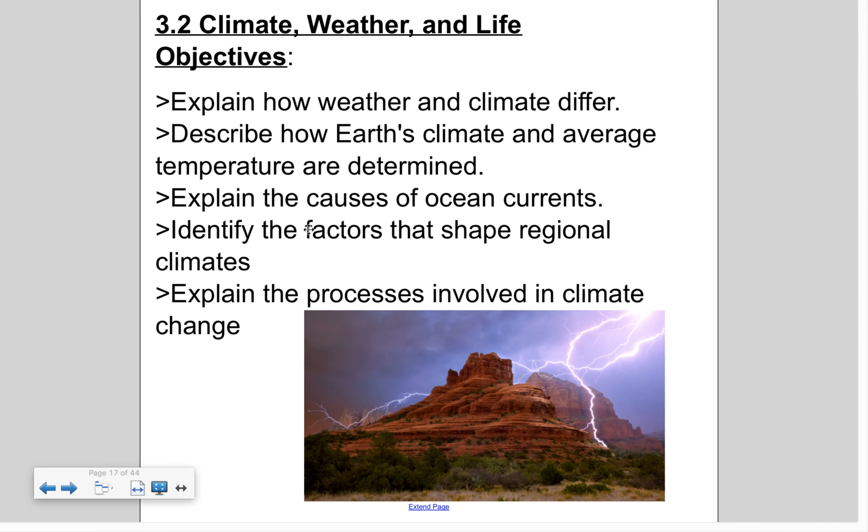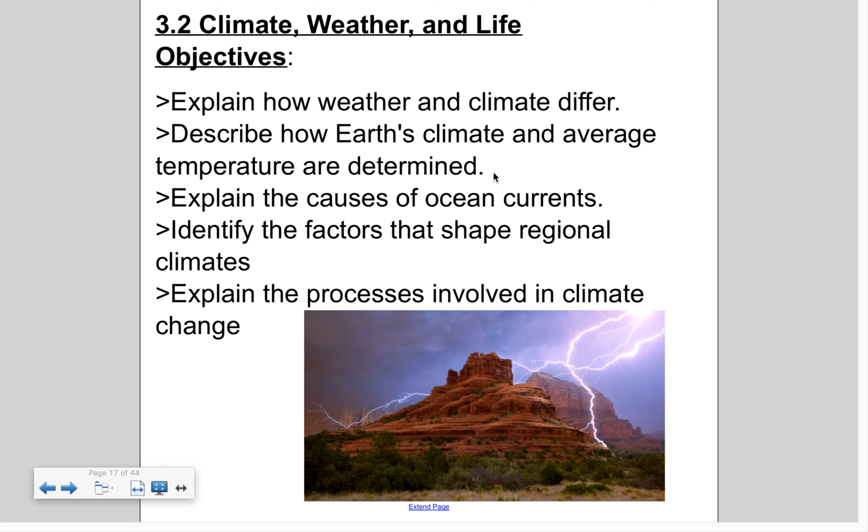All right, welcome back. Today's lesson is going to be kind of like an earth science lesson for biology, looking at climate, weather, and life. And it's important because climate and weather do affect life. So I am going to describe the difference between weather and climate, talk about Earth's climate and the average temperature,